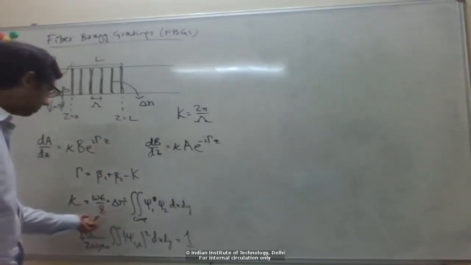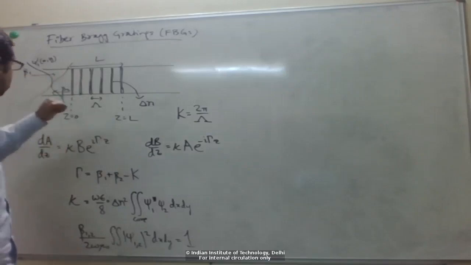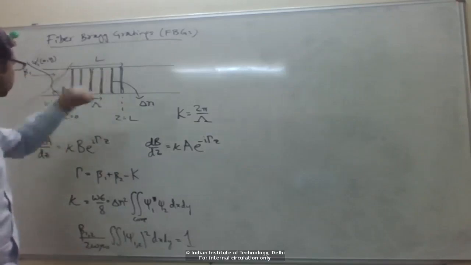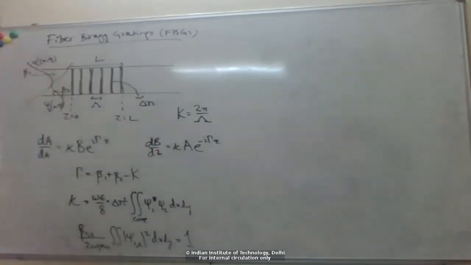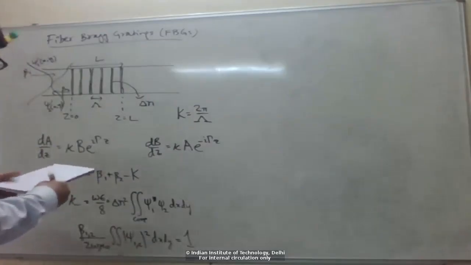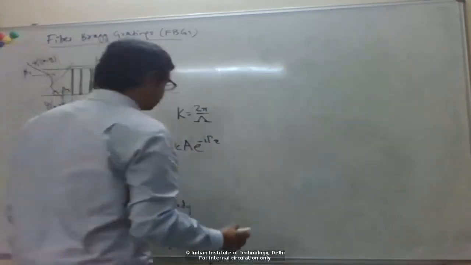In this case, mod A squared will directly give me the amount of power carried in the forward direction. Mod B squared will give me the power carried in the backward direction. So for example, let's say we had a single mode fiber,